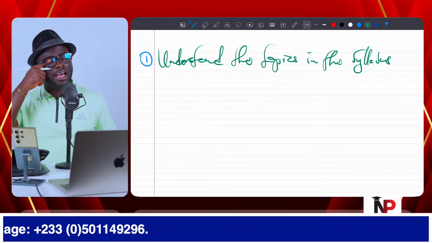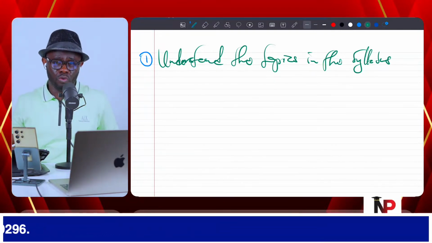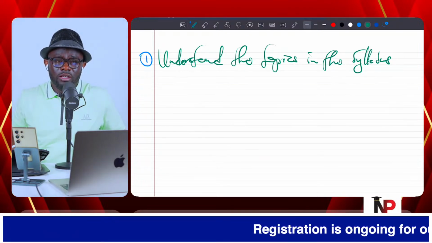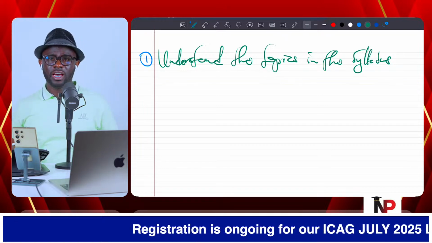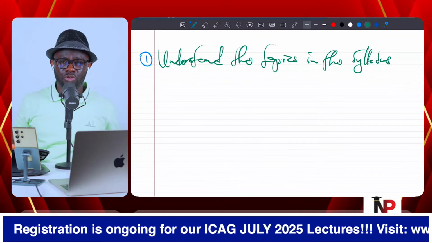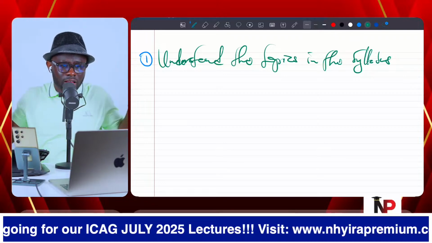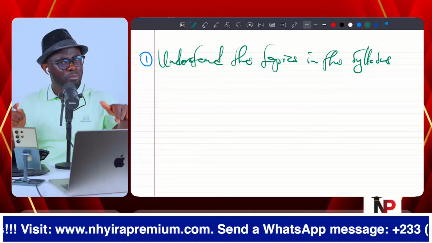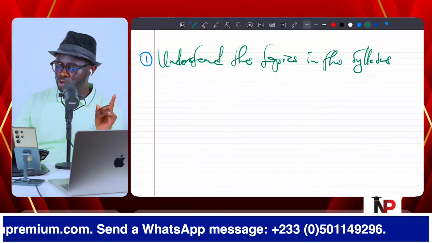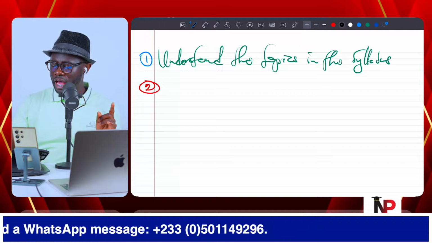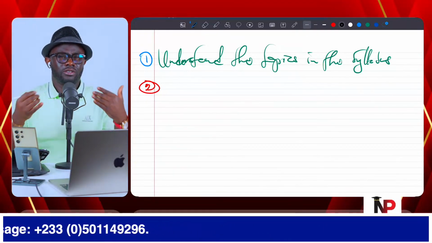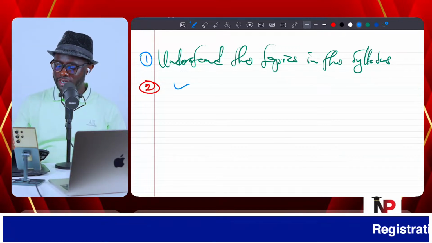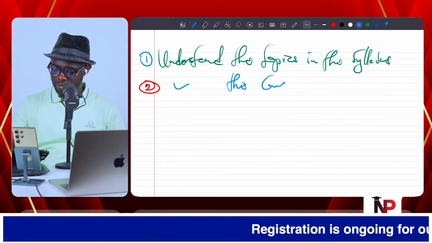So when they say analyze the strategic capacity of the entity, you know what to do. When they say calculate the cost using money market hedge, find out what the entity should do in respect of hedging against foreign exchange risk, you know what you're supposed to do. Understanding the topics in the syllabus. Number two, you need to be aware of the questions that the examiner is likely to ask. Okay? So understand the context of the questions.